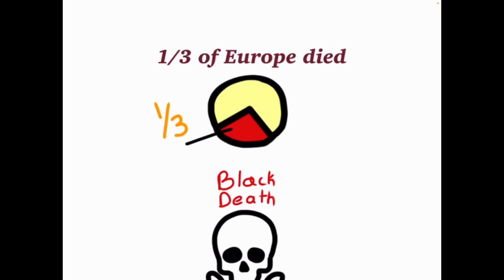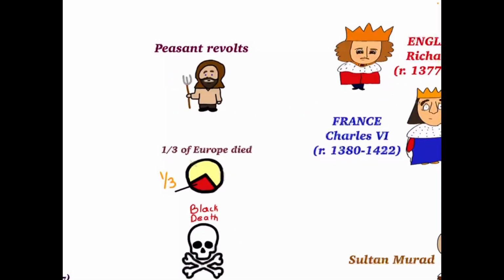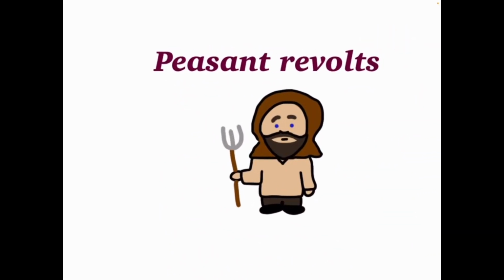Between all the wars and the bubonic plague, there were a lot less peasants to do the work. Now, this led to something called the Peasants' Revolt. The peasants finally saw that they're valuable, that they're actually needed for the labors that they did. So they were tired of all the violence from the wars and all the sicknesses that were around them, and they were tired of bad treatment.